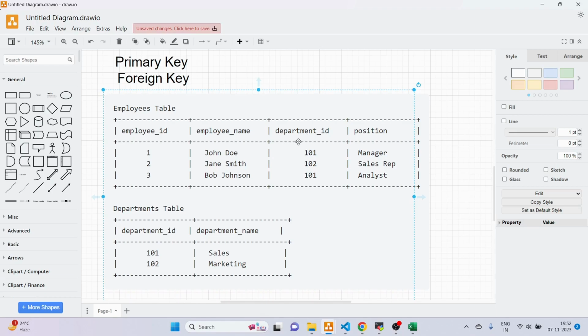Why? Because a foreign key is a column that refers to a primary key in another table, and that's what is happening here. This column department ID is referring to the primary key in the department table, right? So here, for this table, what we can say,